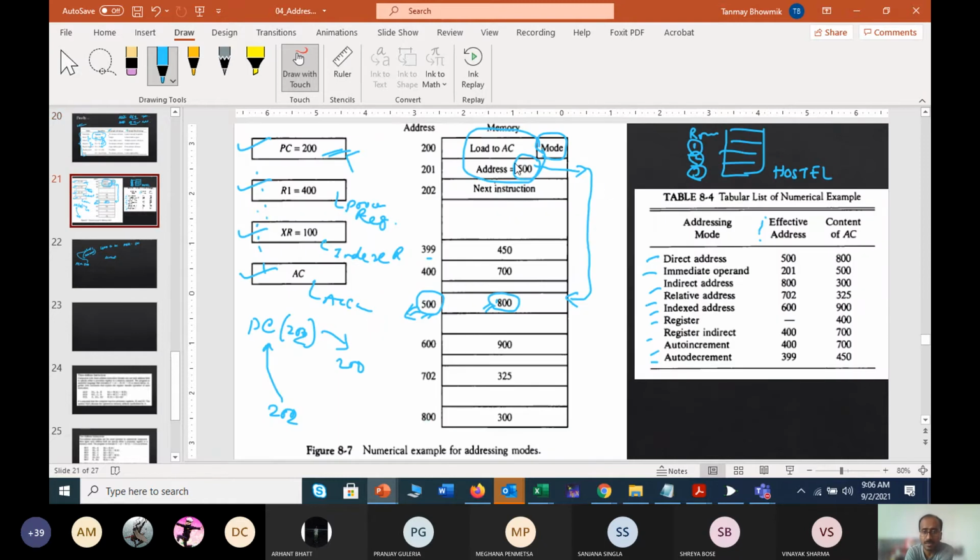This is your A. So in the immediate case, your effective address will be from the location you are operating, and this particular data has been stored in this location. So this will be your accumulator content and this will be your address. That is why in case of immediate, your effective address is 201 and content of accumulator is 500.